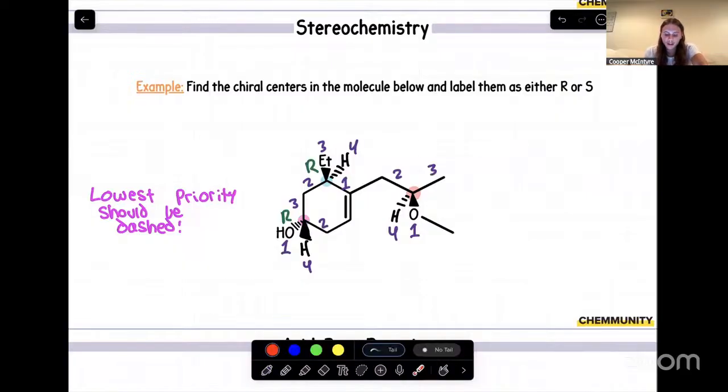And yet again, another way to compare it is that we have 2 hydrogens coming off of that carbon. We have 3 hydrogens coming off of this carbon. And whenever we have a carbon with a lower amount of hydrogens, that typically has a higher priority. So it's another way we can think of it. And then from here, we'll go through and count. We're moving from 1, 2, 3 to 4. Since we're moving in the clockwise direction, that gives us the R configuration.